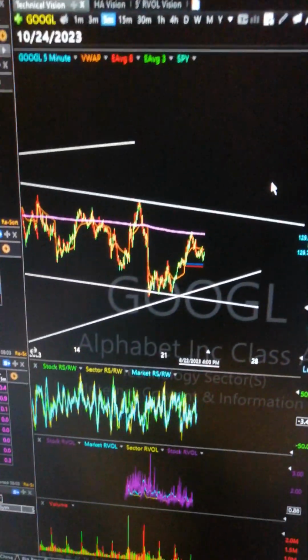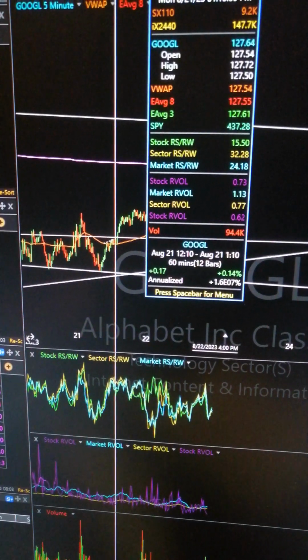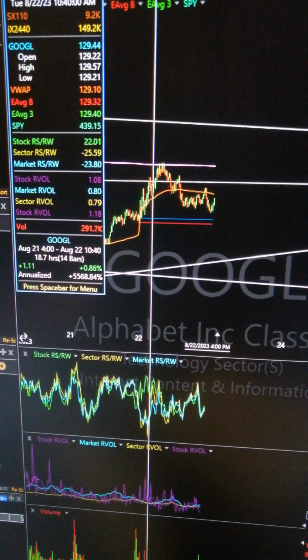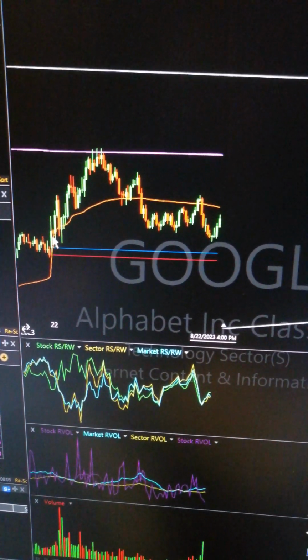lines. So if you zoom in to a day like yesterday, Google at the first half of the day had excellent relative strength. It was just ripping. A couple people bought this stock. The problem is that